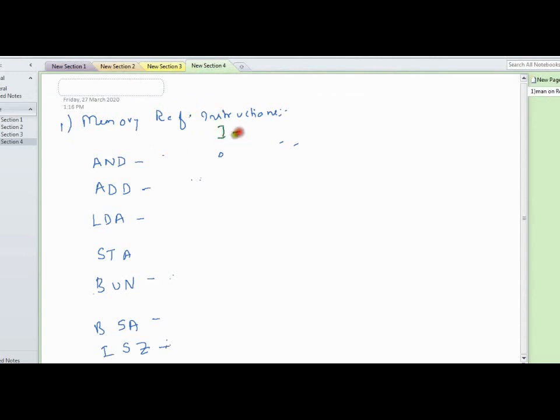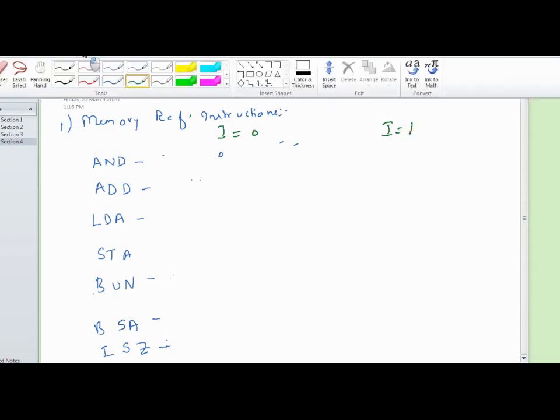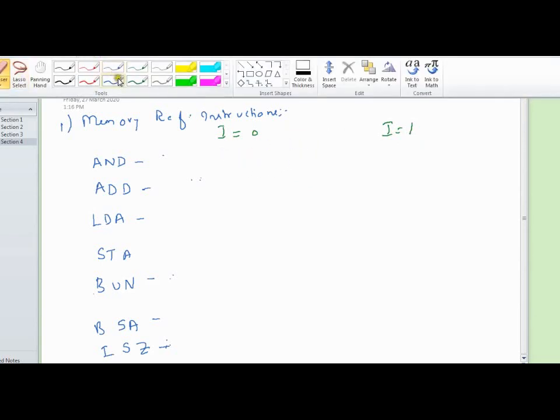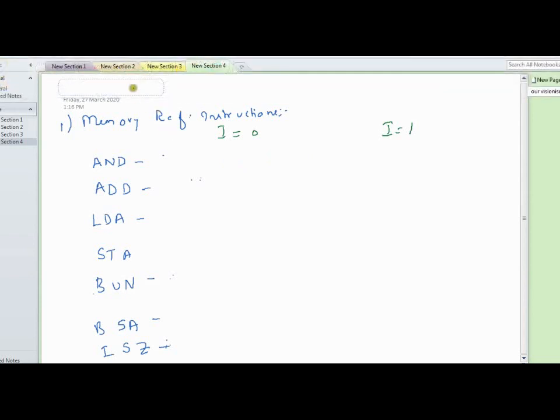If I is equal to 0, that means direct addressing mode we are going to use. If I is equal to 1, it is indirect.